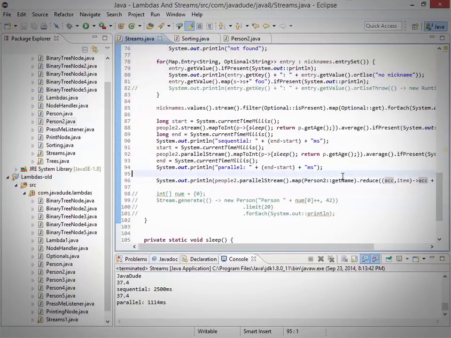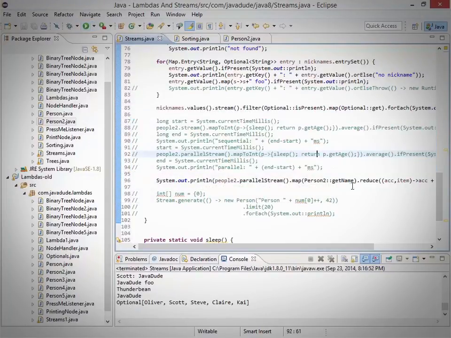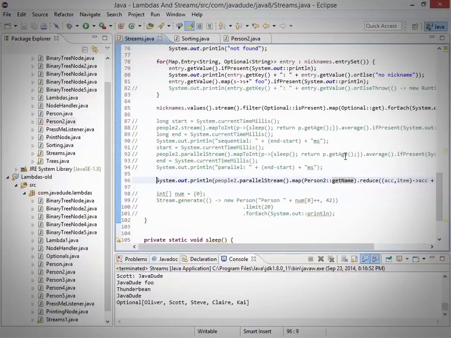Let me comment out this timed section up here. Oliver, Scott, Steve, Claire, Kai. I think we're just getting lucky here. Well, if we threw some sleep in there, that might help. I think what's happening is that this is kicking off a thread and it's finishing before the next thread gets kicked off. So if we had it,